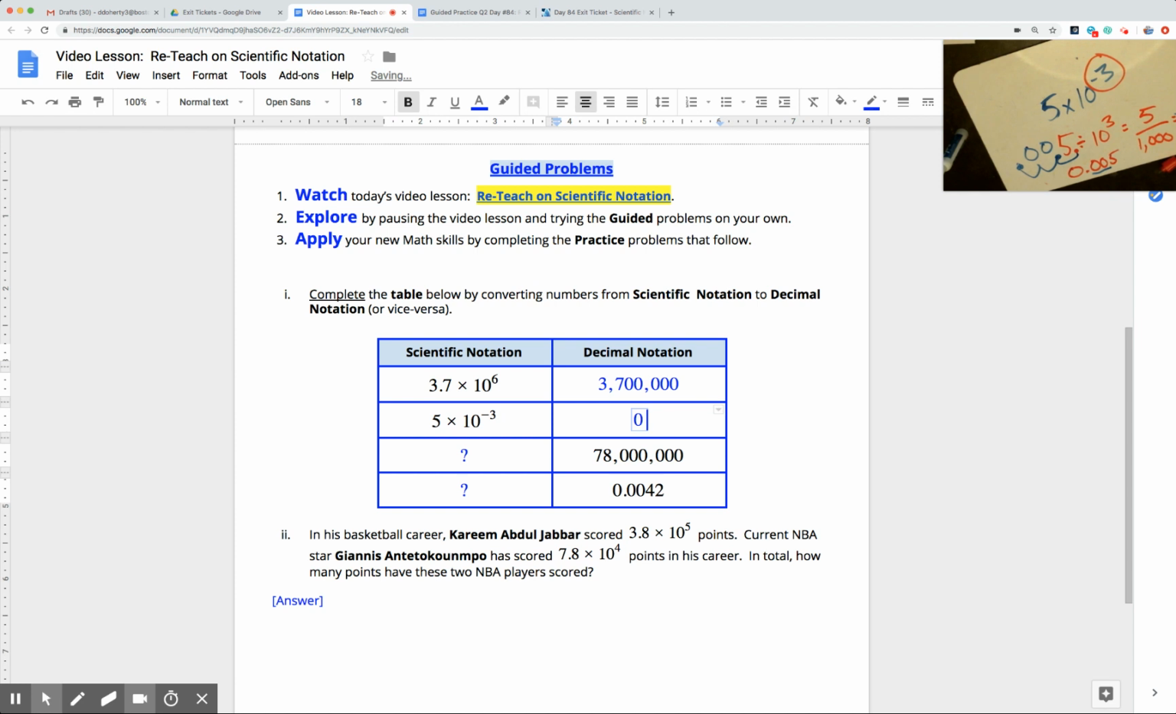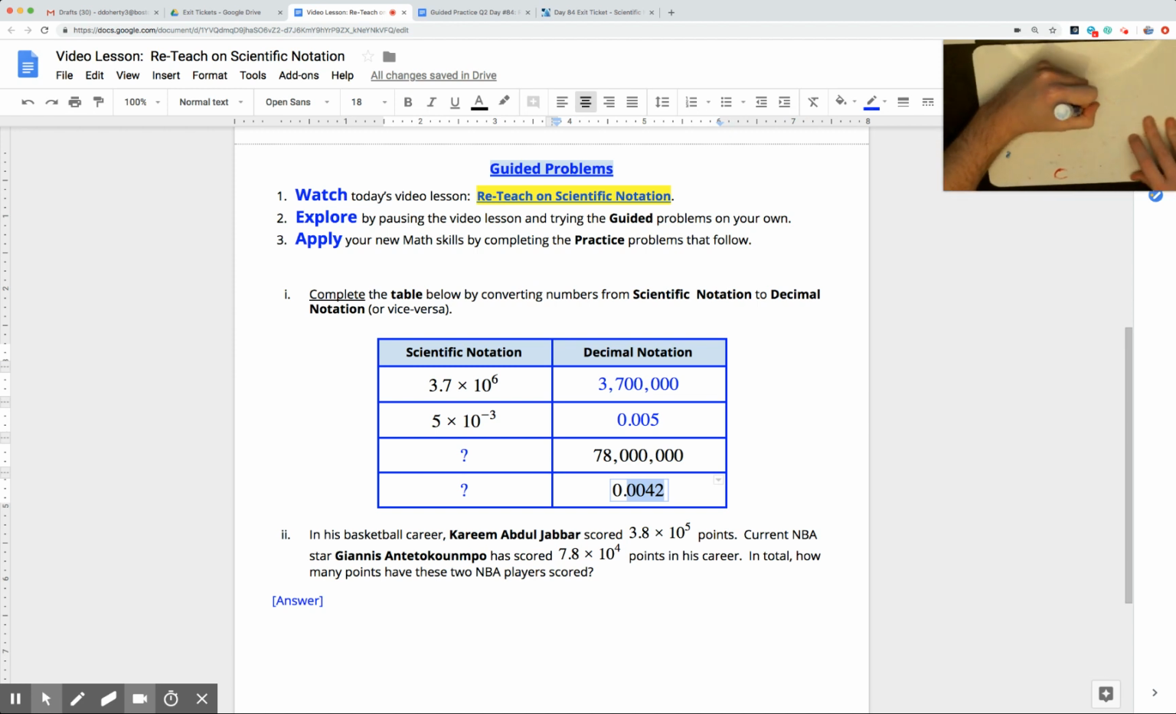Go ahead and pause the video again and try to go the reverse way. How can I turn 78 million into scientific notation? How can I turn 0.0042 into scientific notation as well? What we should see,